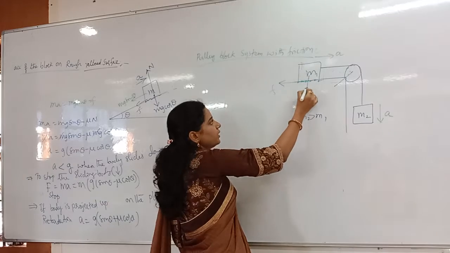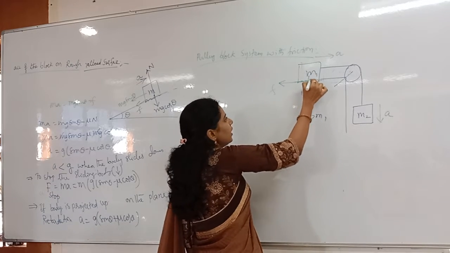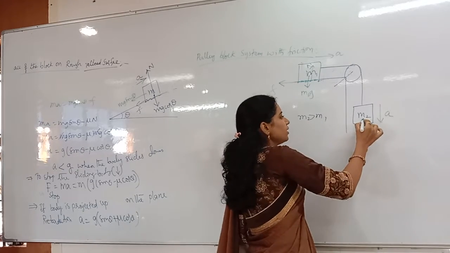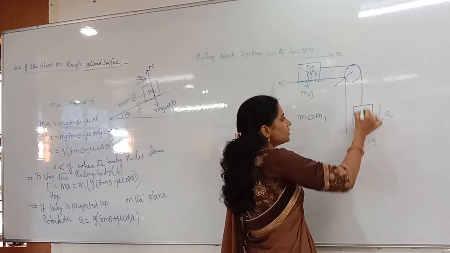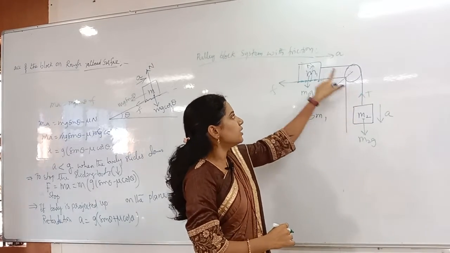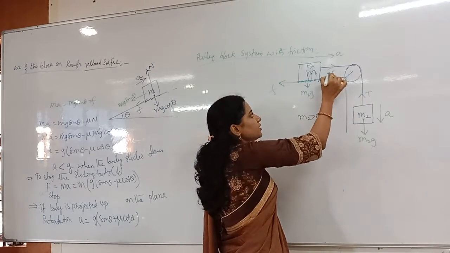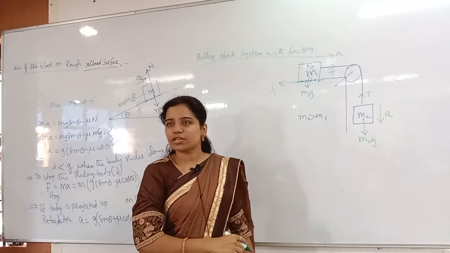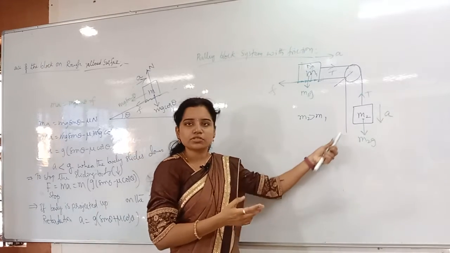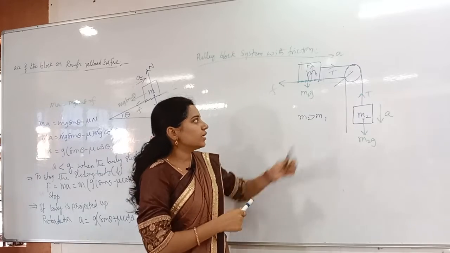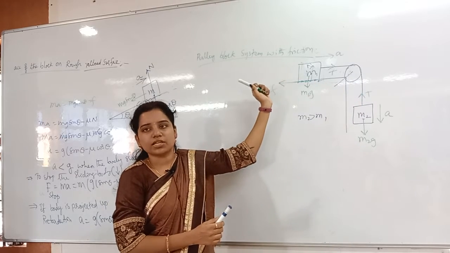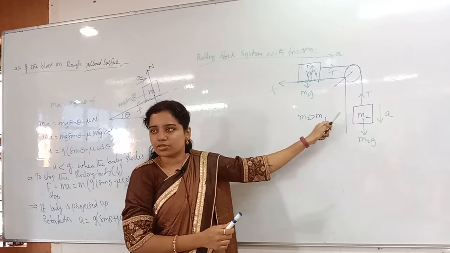Now on this body, weight is acting in which direction? Downward direction, and normal reaction is acting in the upward direction. Now here m2 is there, m2g is acting in which direction? Downwards, and then in the string what is there? Tension T is there. So from here also, what will be there for us? Tension T only. Clear? All the directions you understand, right? Now here you have to draw the free body diagram. Without drawing also we can write the equation. First of all, whenever m1 is moving in this direction, friction will act in the opposite direction. Only that one is new, everything else you already know, right?